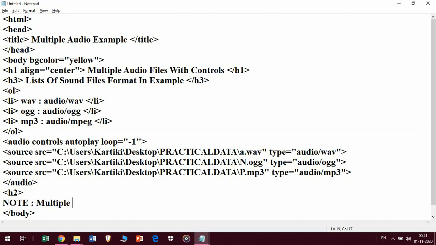Specific browsers support, but that requires a very high level of updating. And if we are using a free version, at any cost a free version will not support your multiple audio files to be played simultaneously. It will not allow you to play your three types of audio files simultaneously.